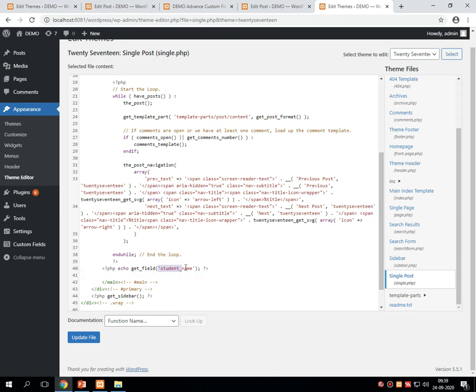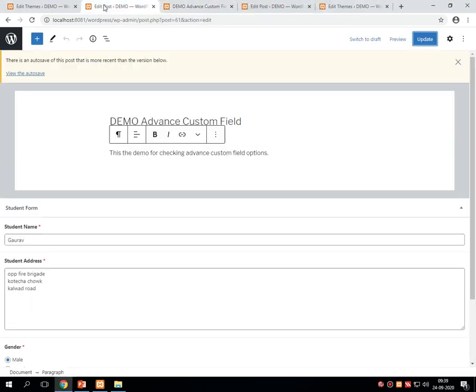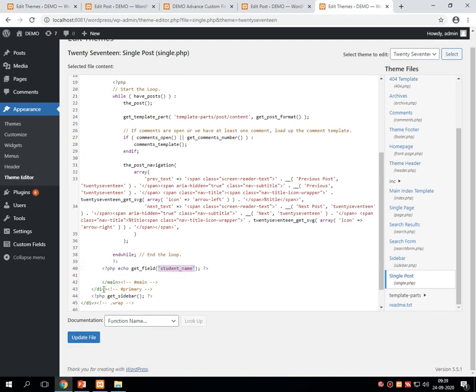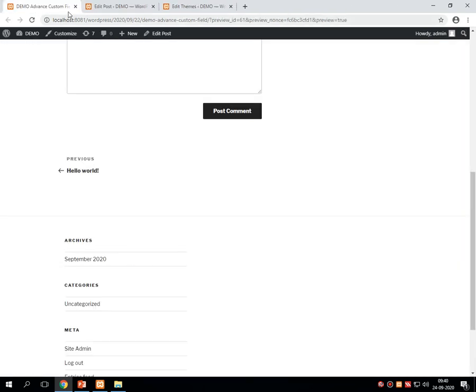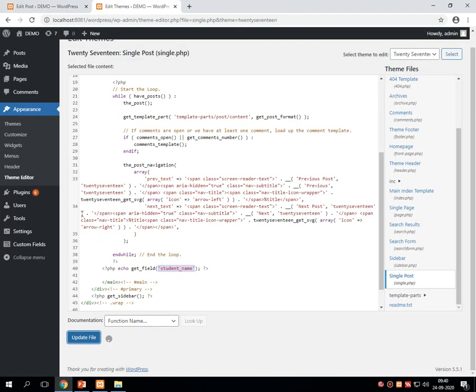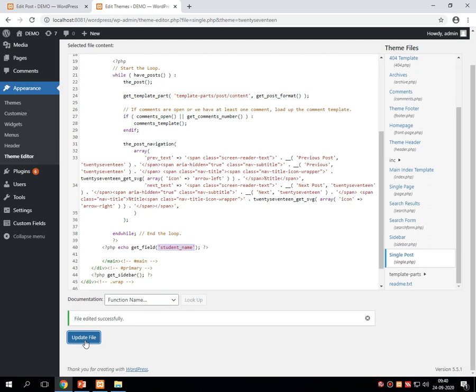Then into the bracket, the name of the advanced custom field, that is student_name, which we have kept in the advanced custom field option, right? Update this file. Let me close the other menu so there will not be more confusion. This file is saving.